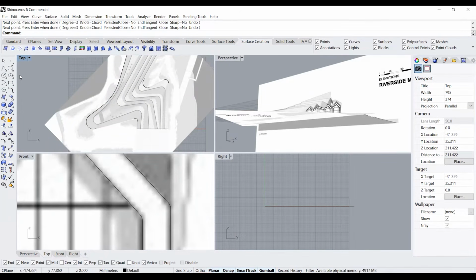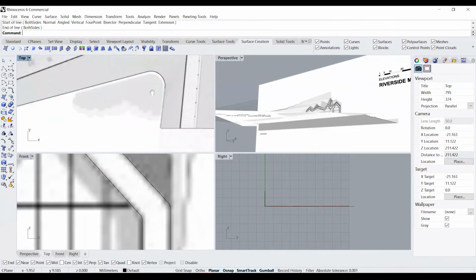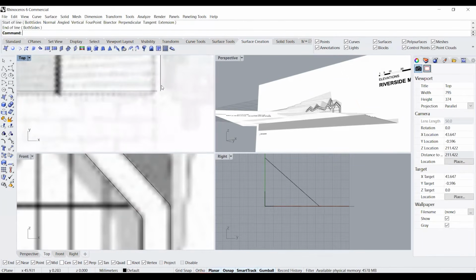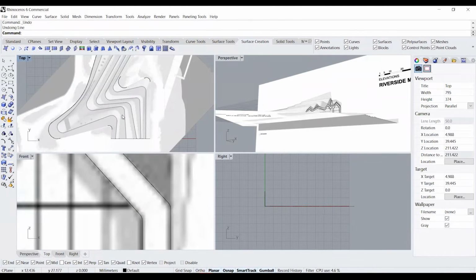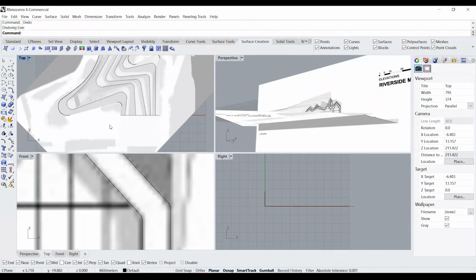Now with our line segment tool, you can finish it out. Now that we have the curves finished, we're just going to finish off the defining boundary with normal line segments.